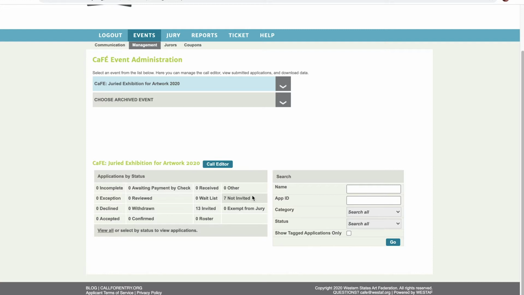Here I'll make an important note that you'll want to make sure no entries are left in the receive status or that you have not set aside and forgotten about any of the entries that are in some other statuses like other or reviewed. You'll want to make sure you're notifying all of your artists and not leaving anyone wondering about the status of their application. So as I'll show you later, we'll be making their statuses visible in CaFÉ, so you want to avoid any confusion for anyone left with an other status or reviewed status. They might not know what that means. So make sure no one is left behind and that you have your entries organized and sorted like we have here.